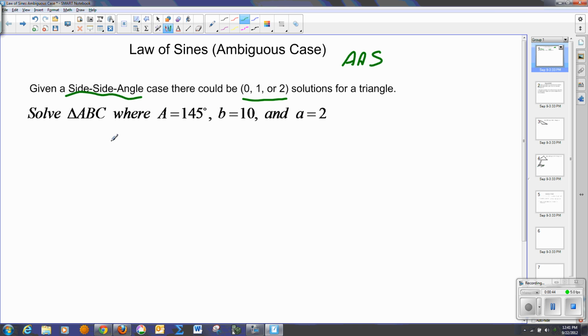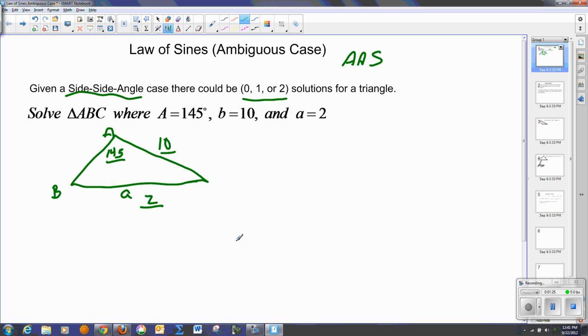In this first example, we've got triangle ABC, and we've got an obtuse angle A given to us. So I'm just going to roughly say this is 145 degrees up here. Call this A, which means little a is down here. And then let's just say B is 10 here, and small a of 2 there. All right, now, so right now I'm given an angle followed by a side and another side, or 2 sides